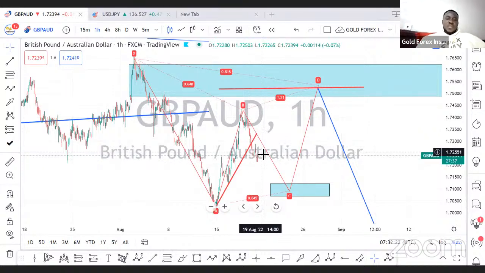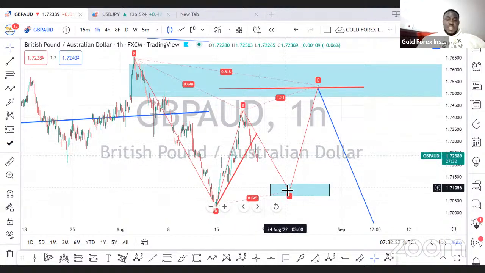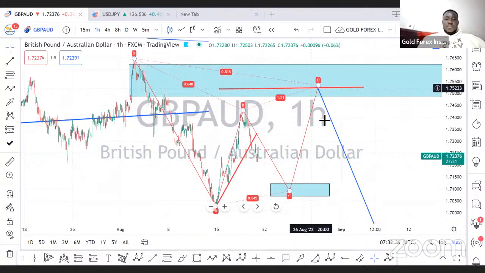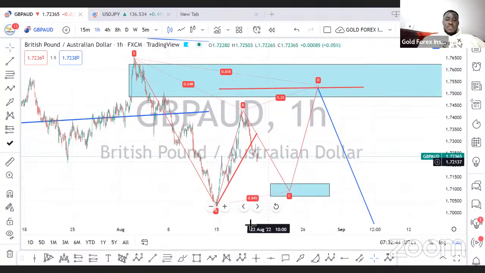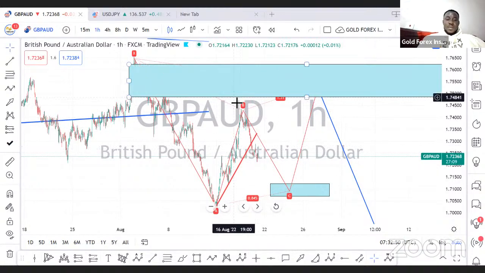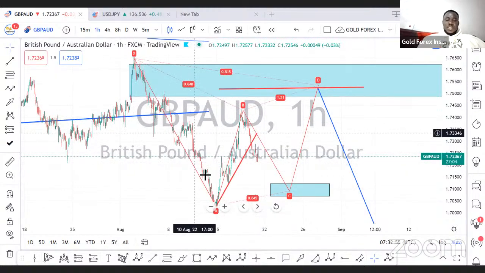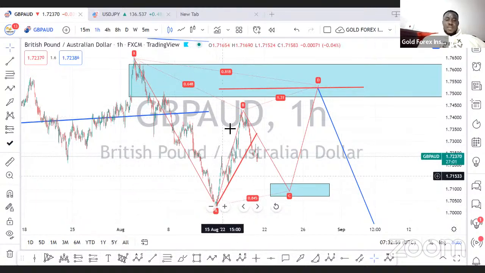Okay, so once this one pushes up a little, look for more buy moves to the 88.6 or 78.6 fib level. Then we are going to have a big move forming an AB equals CD pattern in the Gartley pattern over here. If you've done the STR strategy, you know that harmonics is the main structure, and we use the Elliott wave correction. The B, we get it from smart money concept. So we have the harmonic pattern, we have the Elliott wave corrections, the zigzag, flat, and triangle. Then we have the B forming from the smart money concept.